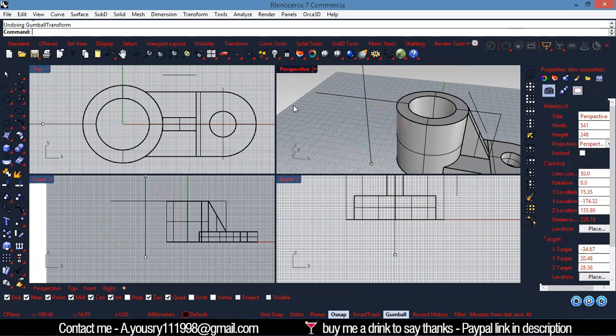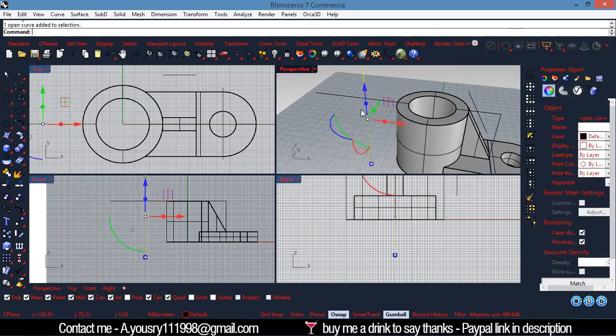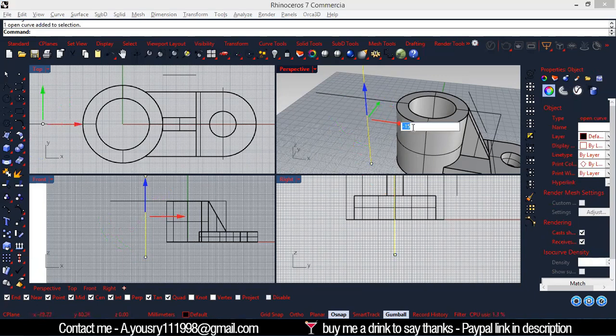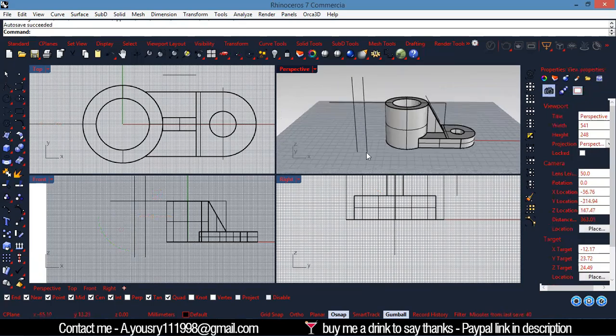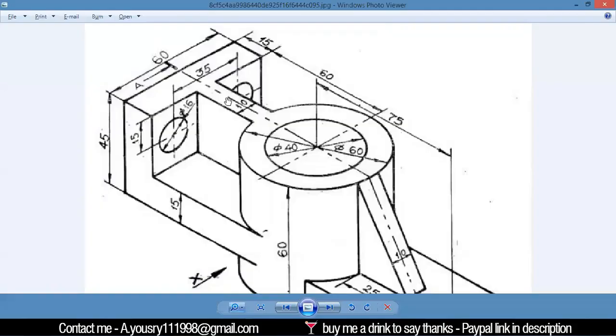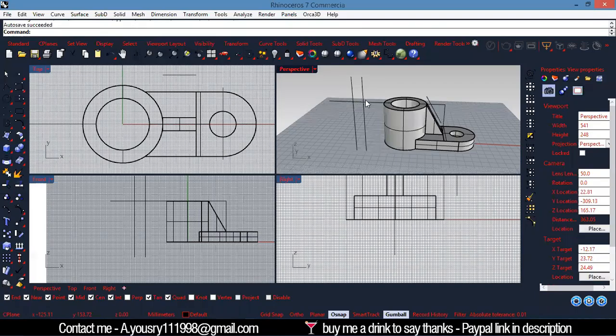Control Z, because I want that to be copied, so I'll hold on Alt and then tap in here and make sure it's -15 and right click. Like that. Okay, so that's 60 plus 15, and then here it's going to be 45 and then 15. Here 45,